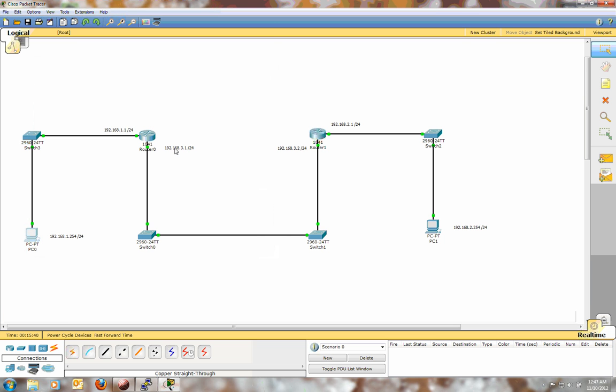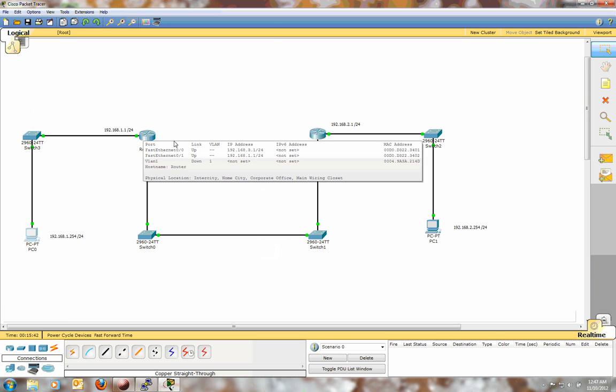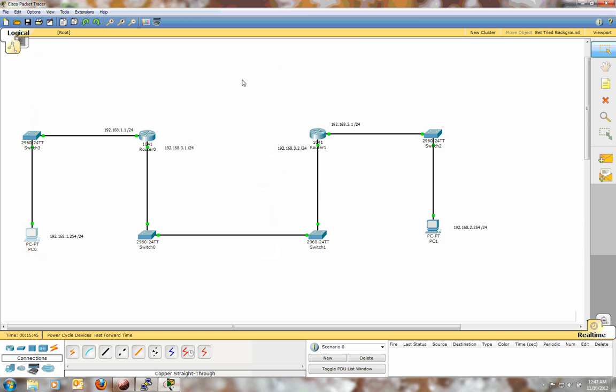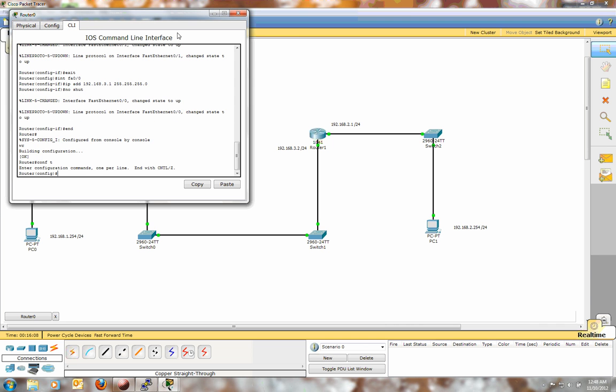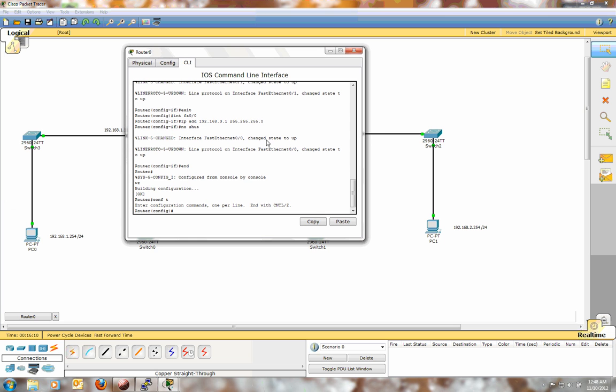So what we're going to do is establish EIGRP on both of these routers. We'll get them to talk to each other and share their router information about all the networks that are connected directly to them. So the 1 dot network will learn about this 2 dot network on the other side. What we'll start with first is this first router. We'll go into config t, and the command for this is pretty simple. It's just router